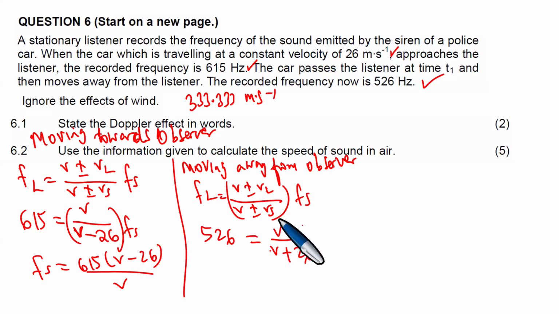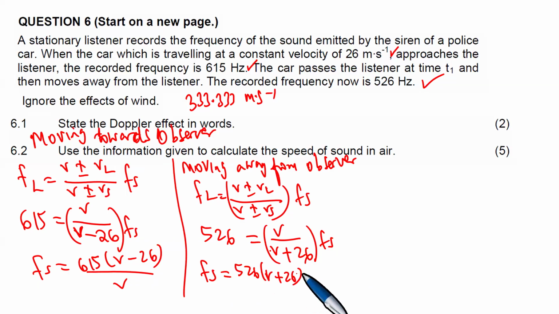Towards is negative, away becomes a plus. Then you have the frequency of the source. At this point, the frequency of the source becomes 526 V plus 26 divided by V,